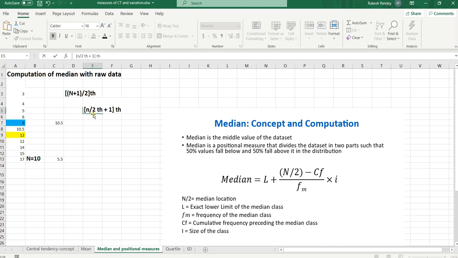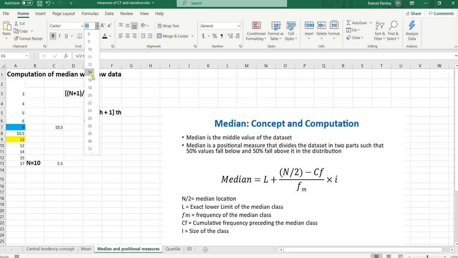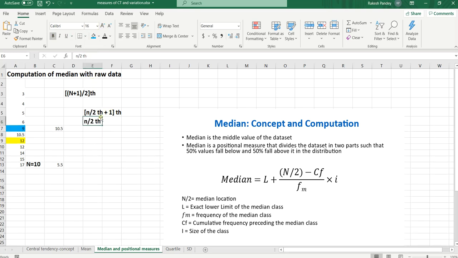One value will be the n by 2th value, and the other value will be the next value that is written in this form. N by 2th plus 1 means plus next. So in this condition n is 10. So the n by 2th value is the fifth value, and n by 2th plus 1 is the sixth value, and then